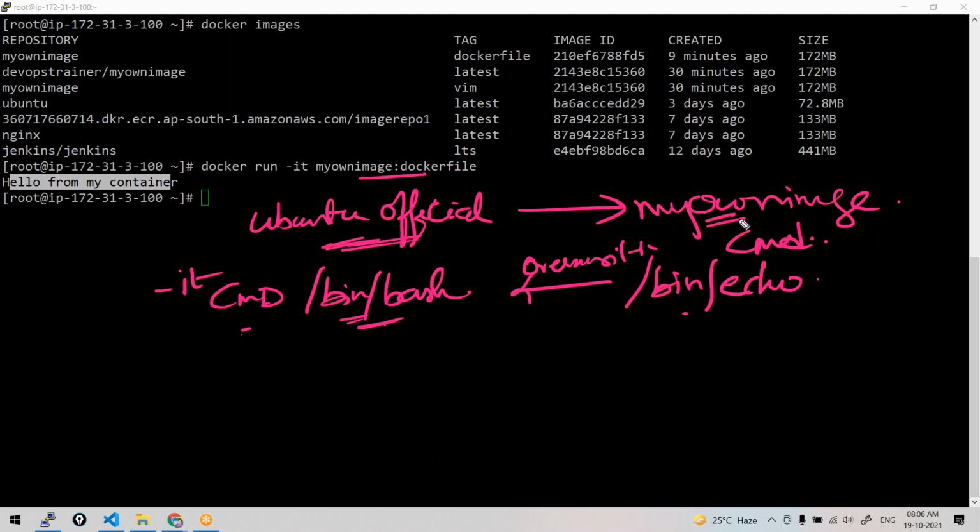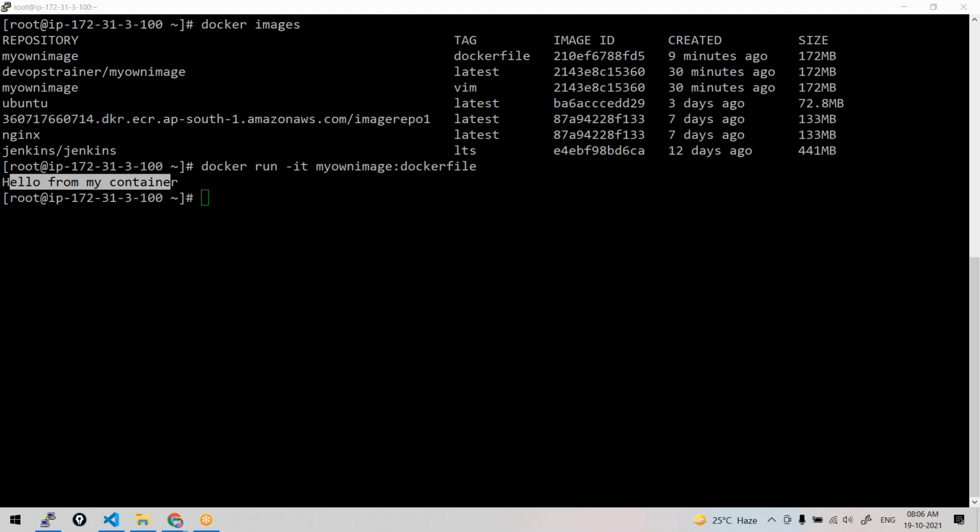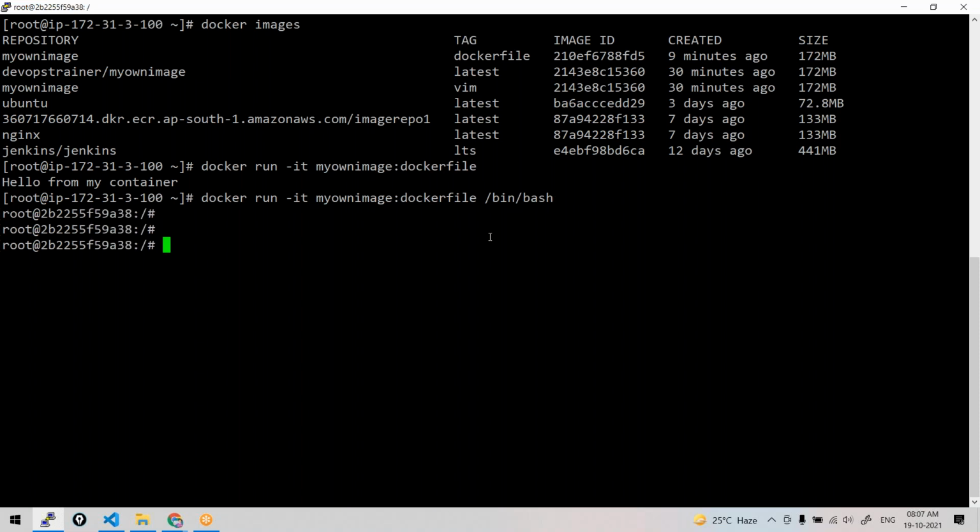So what you have to do in your custom image is add CMD /bin/bash rather than /bin/echo so that you get the shell. Or else, if you want to overwrite that from the command line, you can run this and add /bin/bash here, so that this /bin/bash will override the CMD /bin/echo in the Docker file and you get the shell. Right?